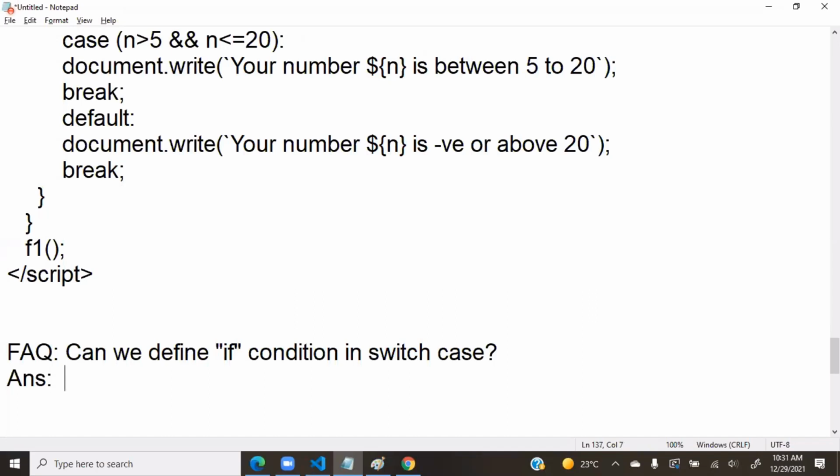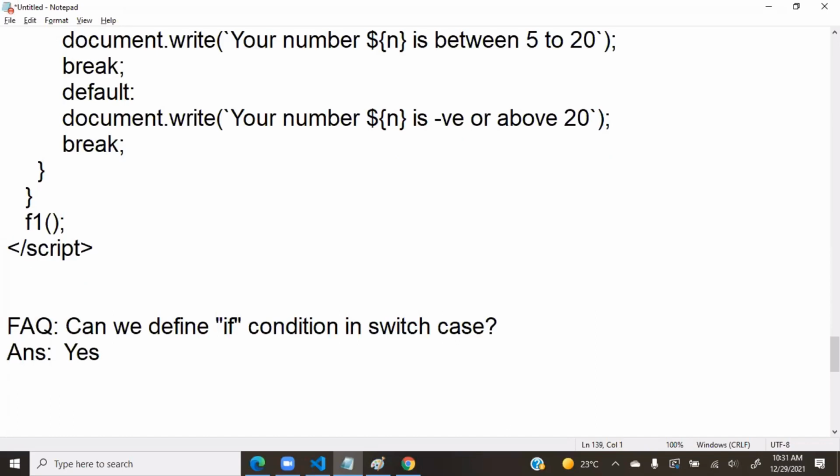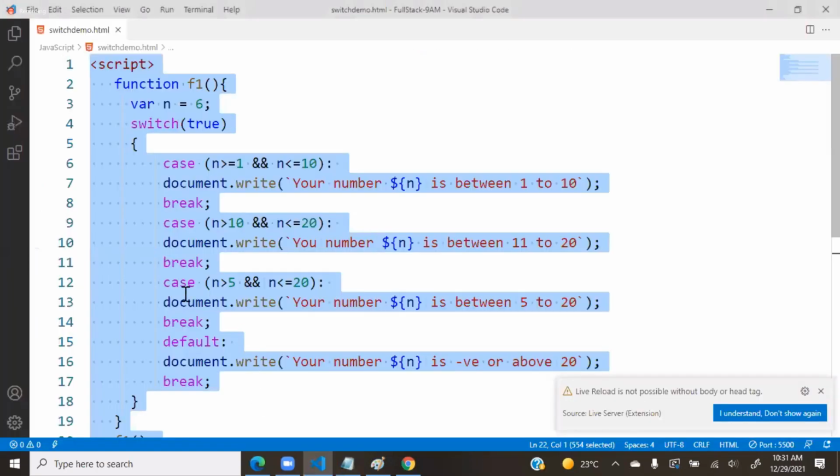That means you are already writing a switch. Such situations will also come many times. That means in a switch, you have to write conditions. Again, based on the value, you have to handle it. Generally, you are writing